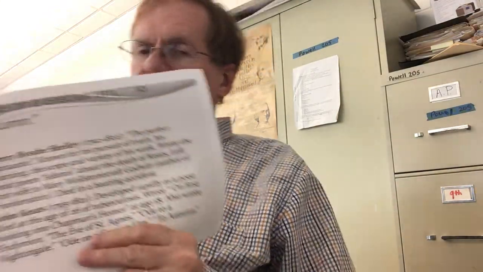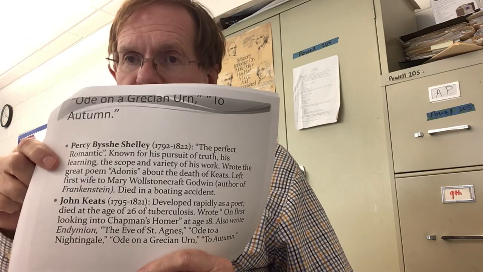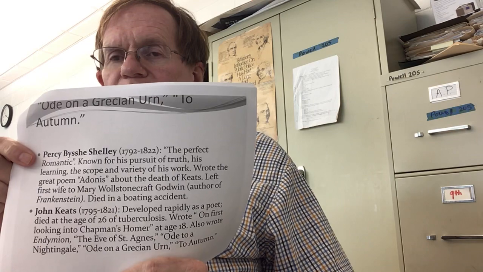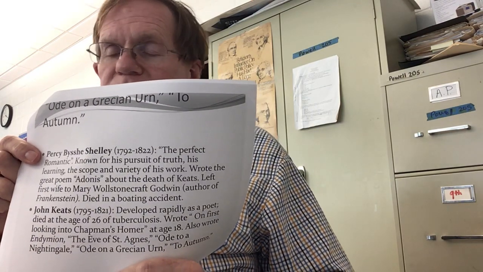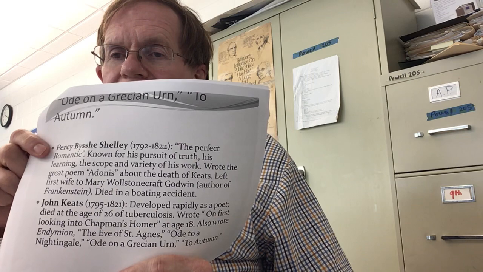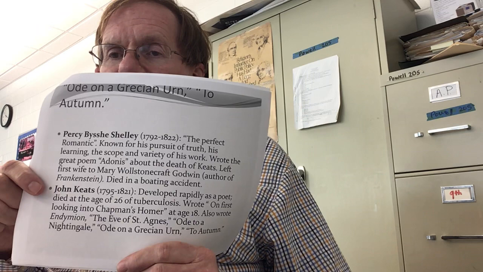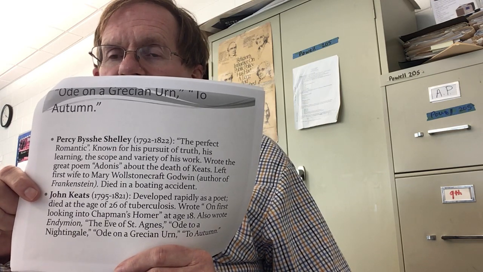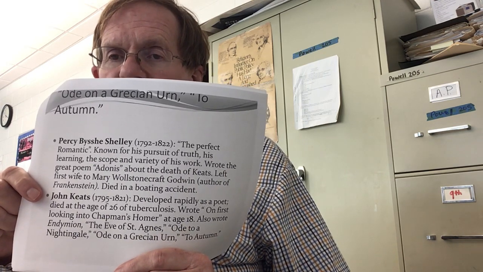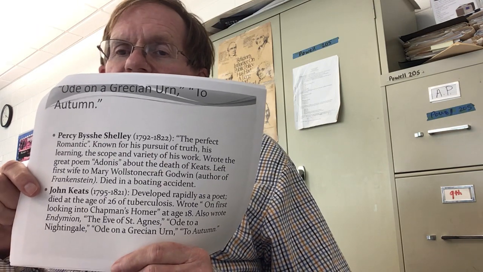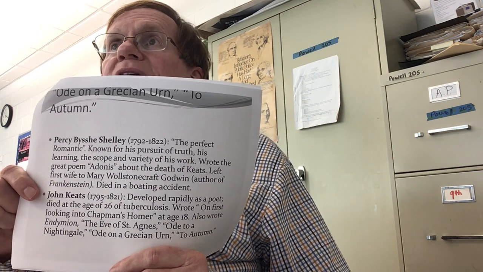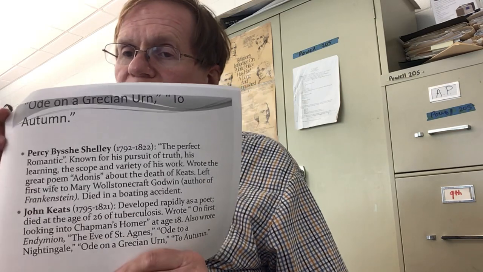And then finally, the last two on the list are Shelley and Keats. Shelley was the husband of Mary Shelley, who wrote Frankenstein. They call him the perfect romantic. He is the one who left his wife and married Mary Shelley when she was just about 16 years old. And he also died tragically in a boating accident. And finally, Keats. He's my favorite, and also the one who died the youngest, of tuberculosis. He liked to write odes, and he would have been, some people said, the next Shakespeare, but he didn't live long enough. So you need to know those six and just a few things about each one for the test on Thursday.